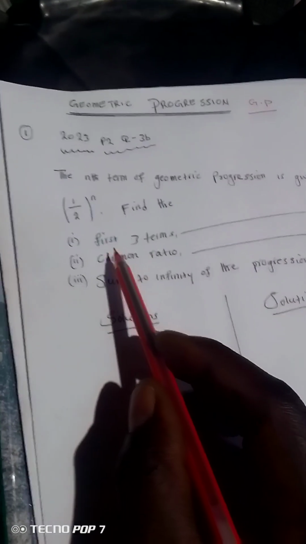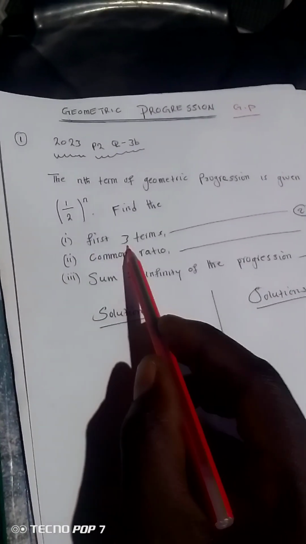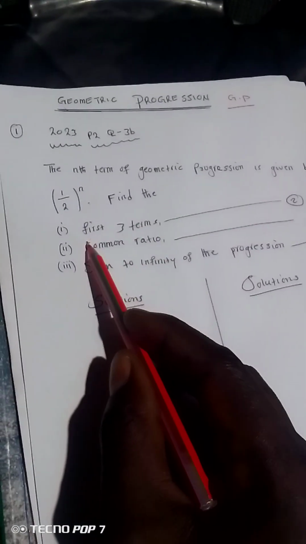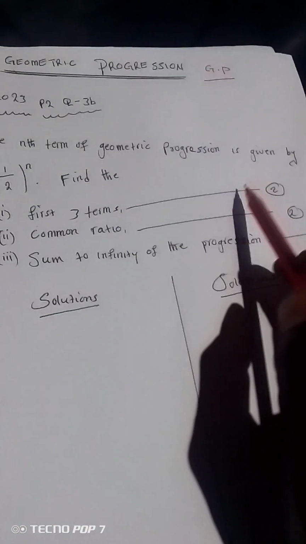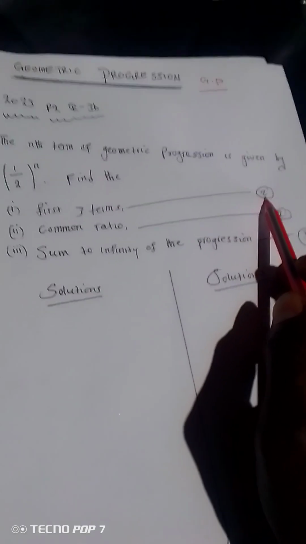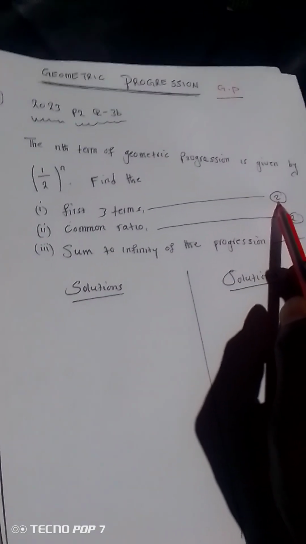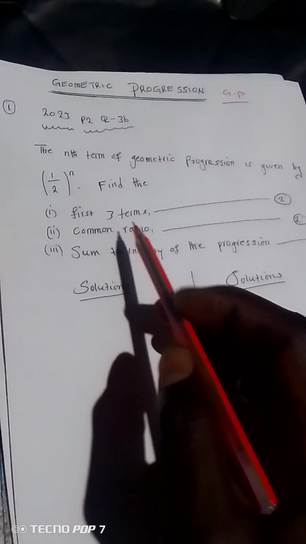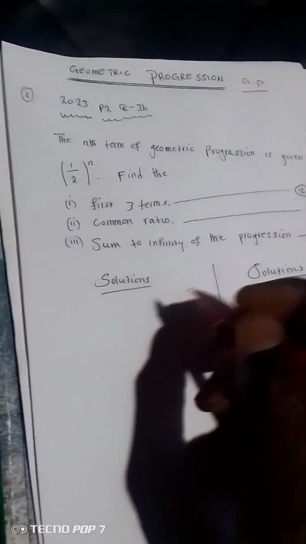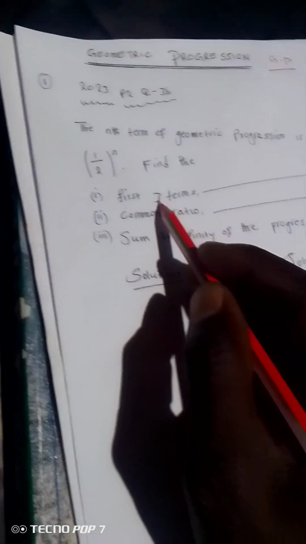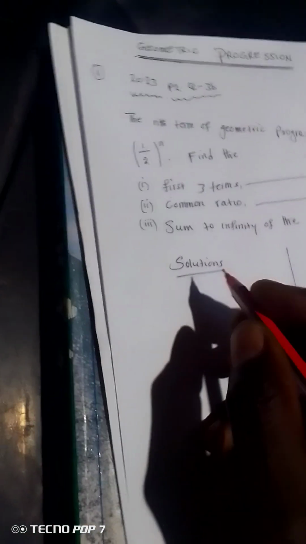By answering the question, there we go. The first question says, let's find the first three terms. And look at the marks, 2 marks. So we don't need to waste much time solving this question. It is very simple. To find the first 3 terms of a GP, we are going to use the